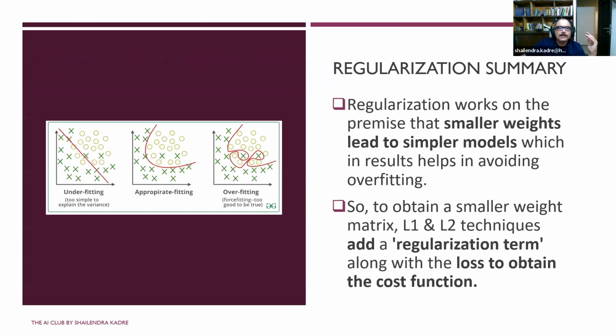Then the regularization summary. We have to remember that if your weight value is large or if your model is complex, you will tend to go for overfitting. So you have to reduce the value or magnitude of the weights, or beta coefficients, to avoid overfitting. Smaller weights lead to simpler models, which in turn helps in avoiding overfitting. So you have to go for smaller weights, you will get simpler models and it will avoid overfitting. That is number one. And